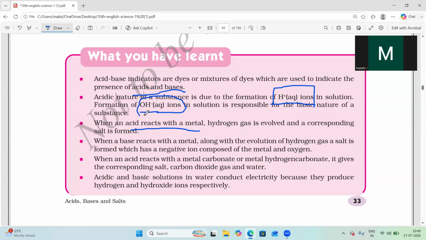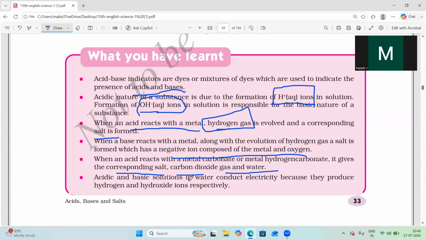According to the respective metal and acid, we get the corresponding salts, and hydrogen gas is evolved in all the chemical equations when metals react with acids. When a base reacts with a metal, along with the evolution of hydrogen gas, a salt is formed which has a negative ion composed of metal and oxygen. When an acid reacts with metal carbonates and metal hydrogen carbonates, it gives the corresponding salts, carbon dioxide gas and